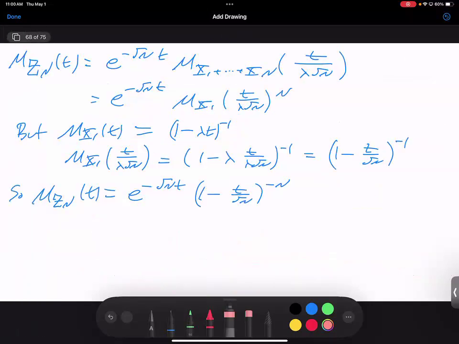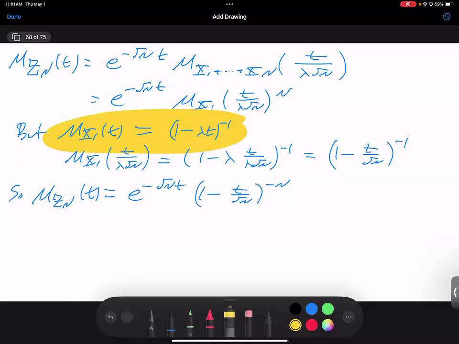Now over here, this whole page, once we get to this part over here, now we're using the fact that we have a closed form expression for the moment generating function of the exponential. We don't have that in general, but we do have a series expansion. And so rather than having the moment generating function, we would have the series expansion, and we would have to look at a high power. And the hope is that only the first few moments are going to matter in the series expansion because we're evaluating it at t over square root of n.